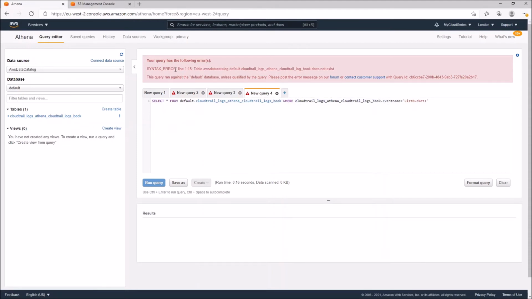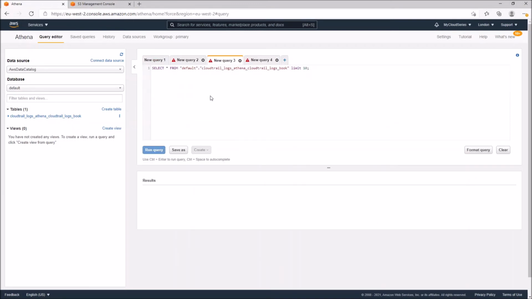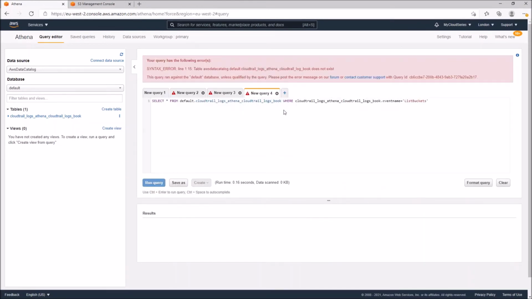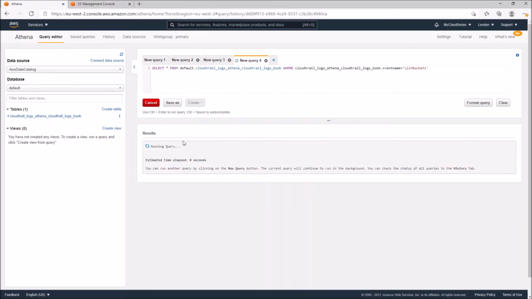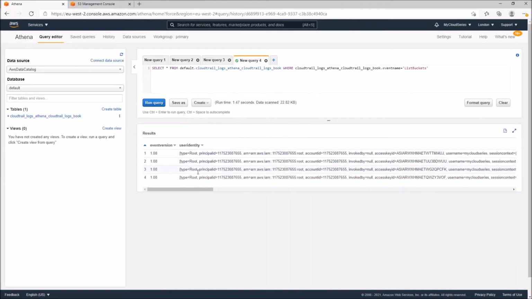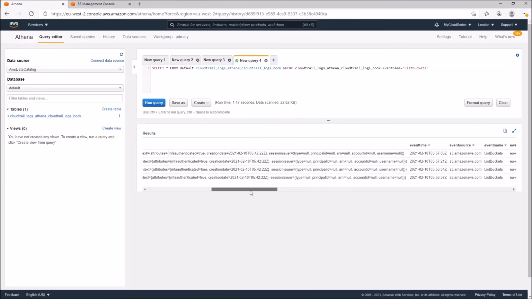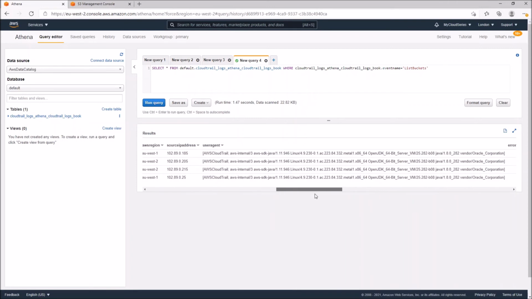So that's the error. It's saying the table does not exist. So we need to use the right table name, because the table name is pretty different, because we created another table different from what we had before. So that's why it's asking for that. When that is done, we run the query,